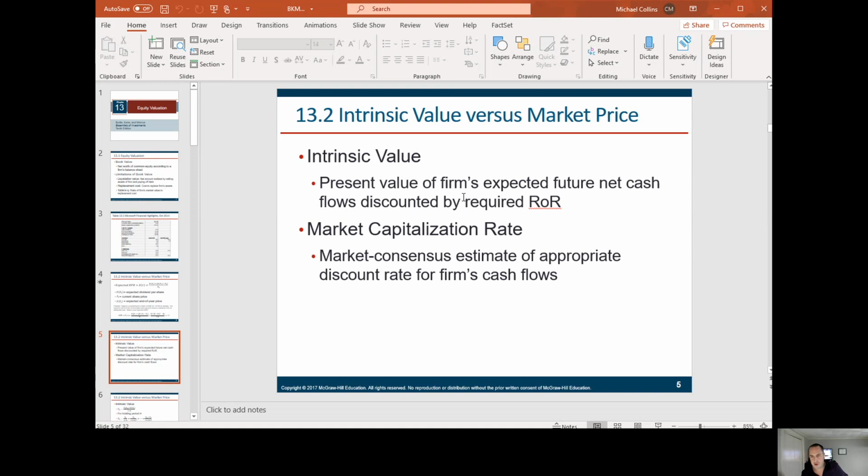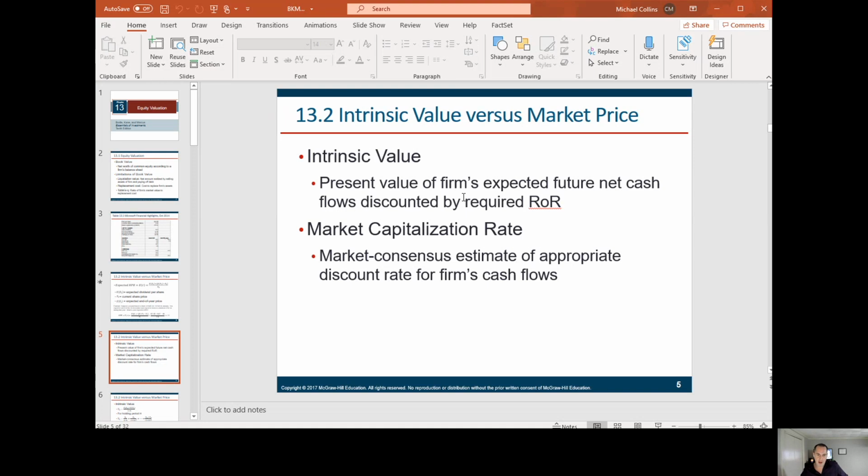But sometimes your predictions of what expected future cash flows are going to be could be different. You could be conservative, or you could end up being aggressive, or you could be spot on. But getting that right and the discounting right are also two areas where people get it wrong.